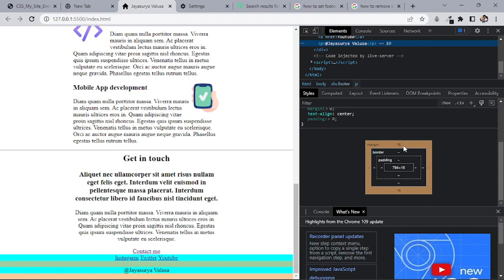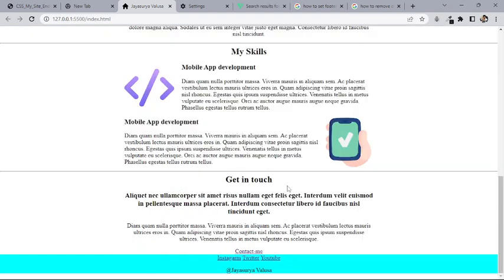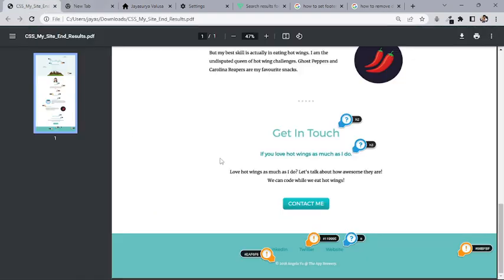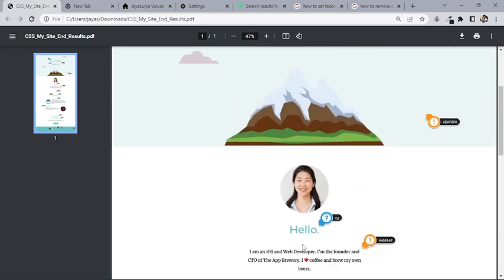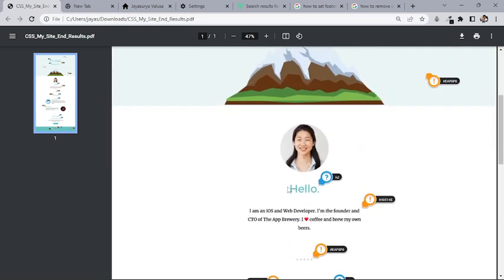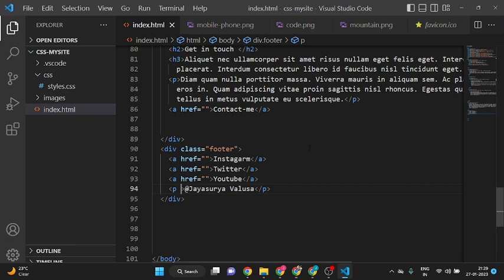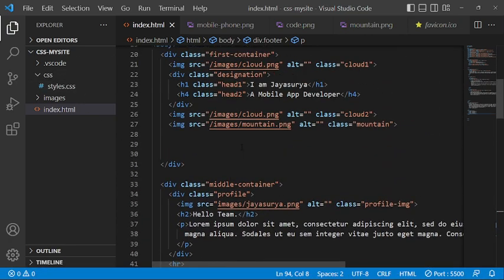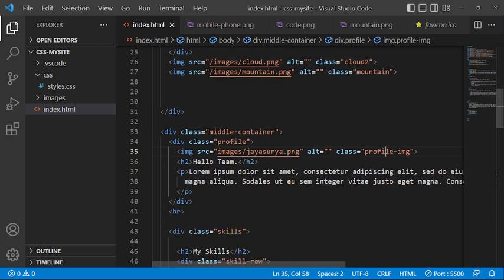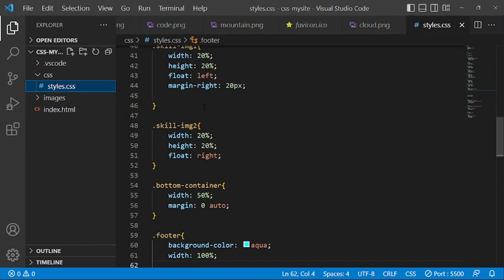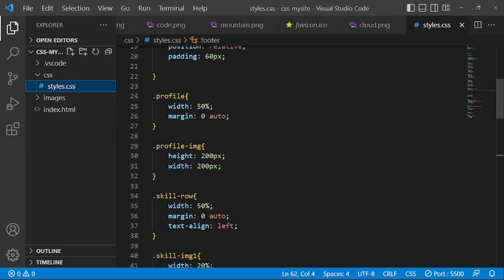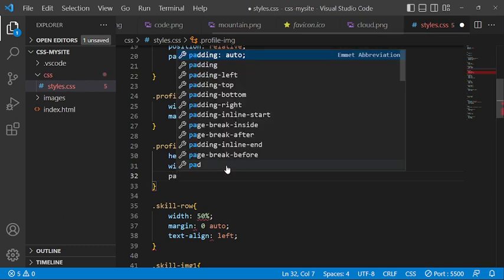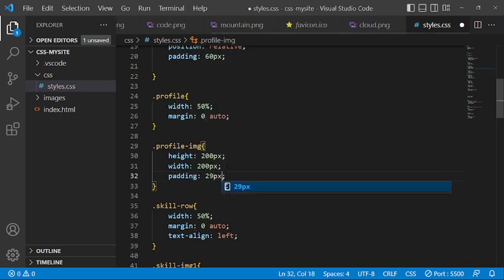Yes, sir. Okay. Now let us start the designing part. Now tell me how to change this color. Color blue, sir. Let us come one by one. Middle container first. For image, I'll just give some padding. Profile image. Where is profile image? I'll give padding 20 pixels so that